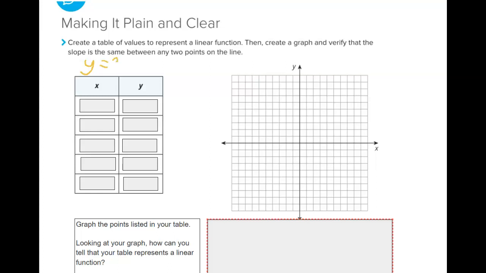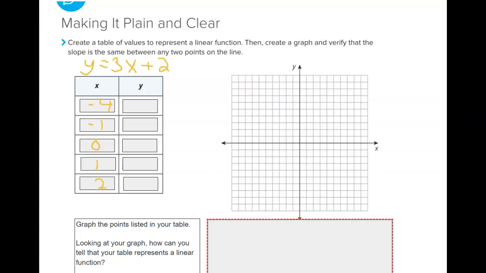But what you could do is start with a linear equation in slope-intercept form. And then you're just going to plug in some different values for x. In my case, I want a mix of positives and negatives. So I'm just going to choose some numbers. I'm going to choose some positives. I like to do 0 because that's my y-intercept. And then I'm going to choose some other numbers. Okay, so these are my